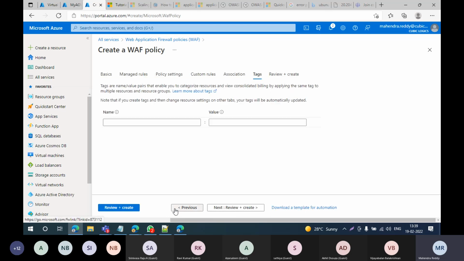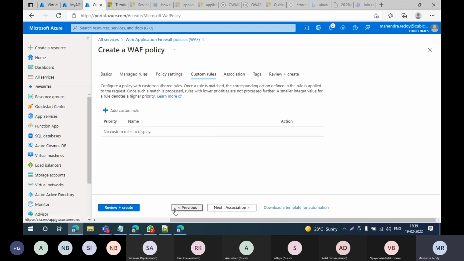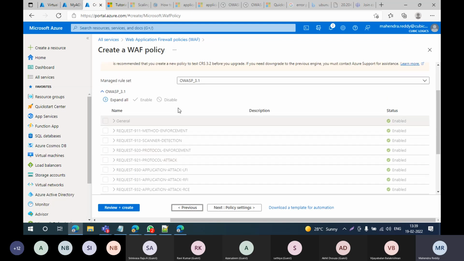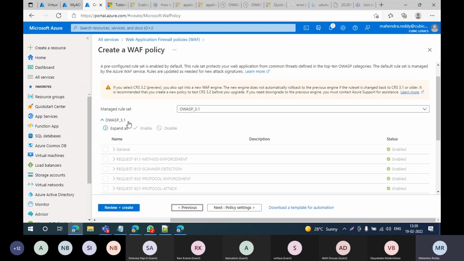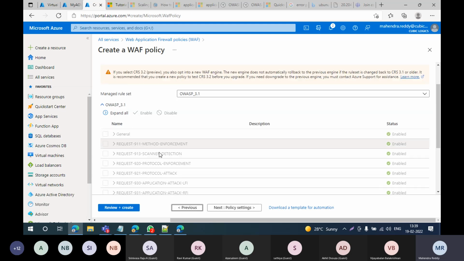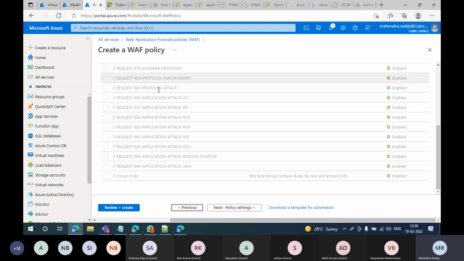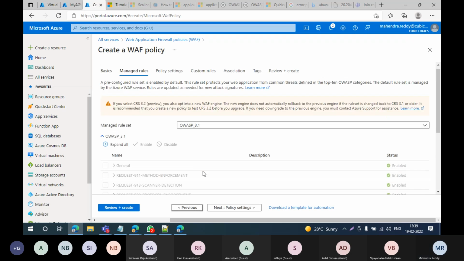You can manage reviews as well here. These are the default rules, a core set of rules predefined by Azure. These are enabled by default.